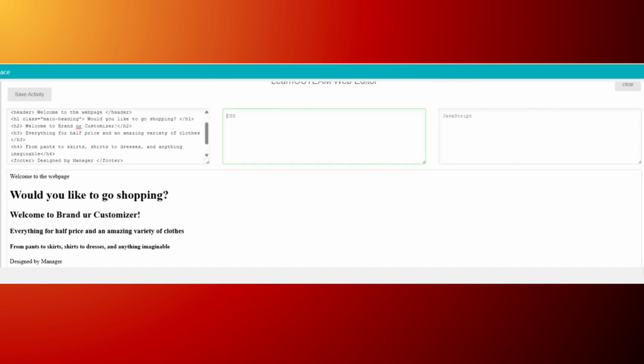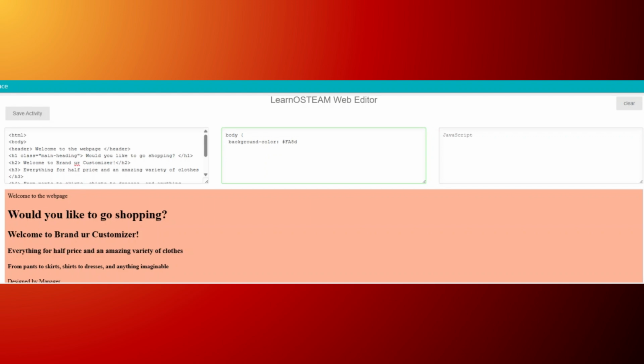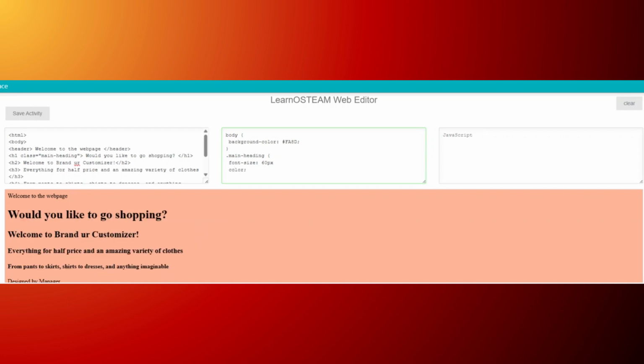And first, by starting the CSS, I'm going to add the background color by using a hex code. A hex code is a code that uses special numbers and letters. Sometimes some colors are not there in the CSS, which is why we're going to use these to get our desired results. Here we have the main heading, which I classified, and now I'm editing it